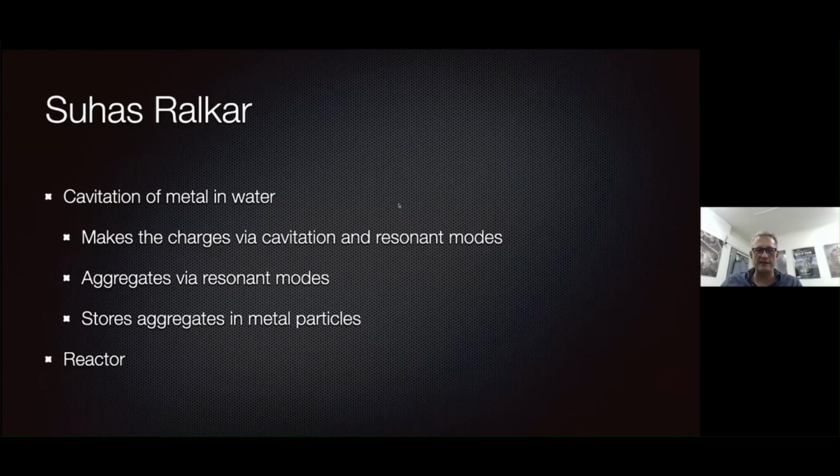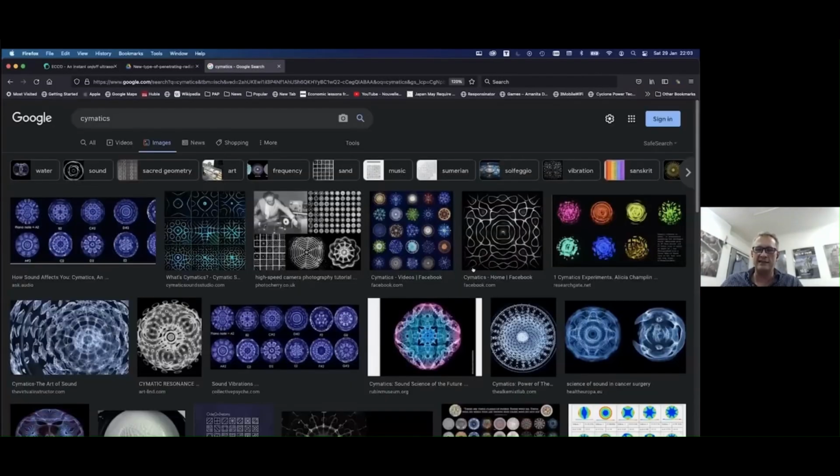What am I talking about, resonant modes? Well, I think probably the best way to talk about that is cymatics. I don't really need to go into cymatics. You all know what I'm talking about, okay? And so it almost doesn't matter what the structure of your plate is. It will set up some resonant modes. Now, this is a key point.